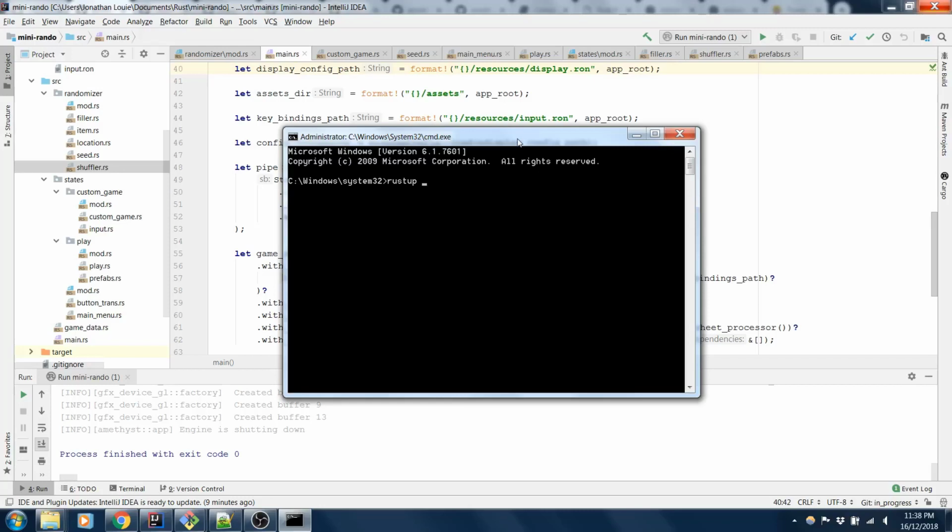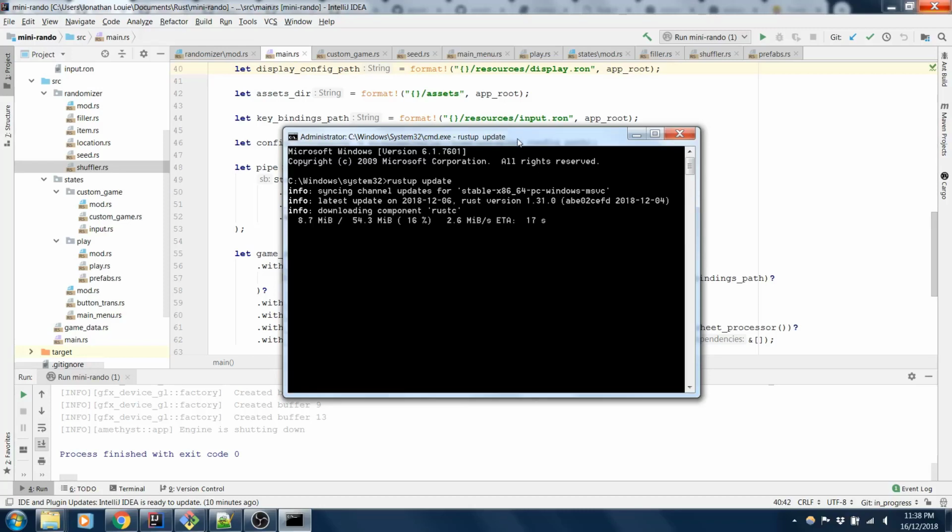But anyway, without further ado, I should probably run rustup update. I'm not sure how this is going to go, but I suppose we'll just have to wait and see. So while we're waiting for this thing to do its thing,